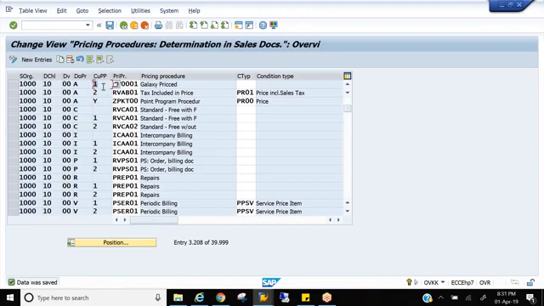If it is 1, meaning a domestic customer, I want this procedure and the price is different. If it is a foreign customer, it is 2, and I want a different procedure to come into the system with a different price. That's how the pricing procedure works. This fifth step, the OVKK pricing procedure determination, we don't repeat every time we do the condition technique. Only for the first time we do it and leave it.